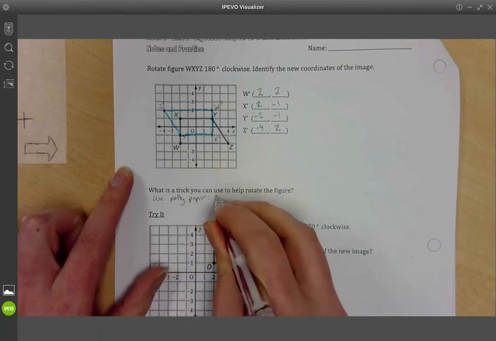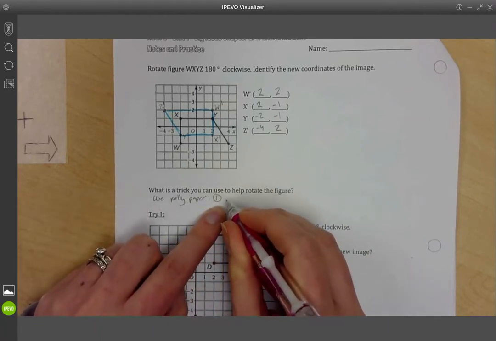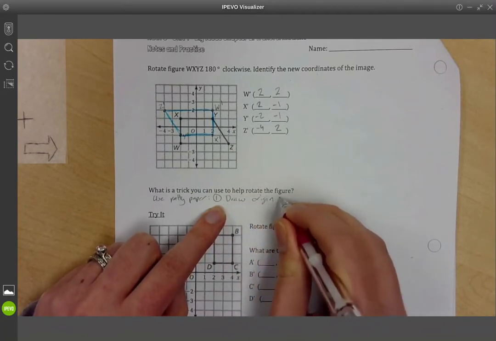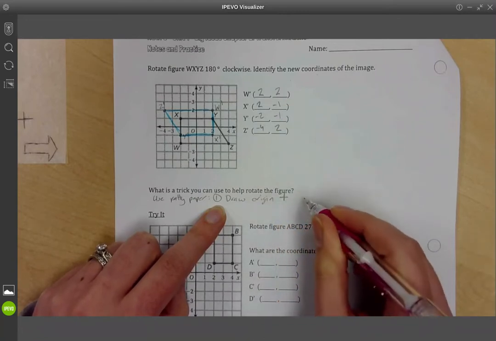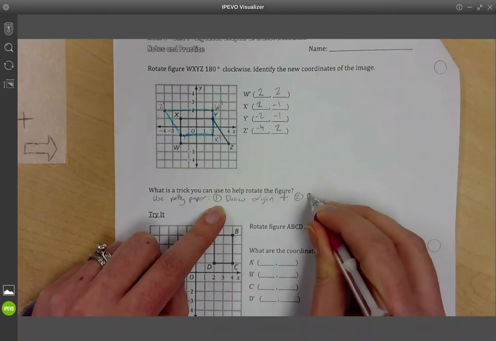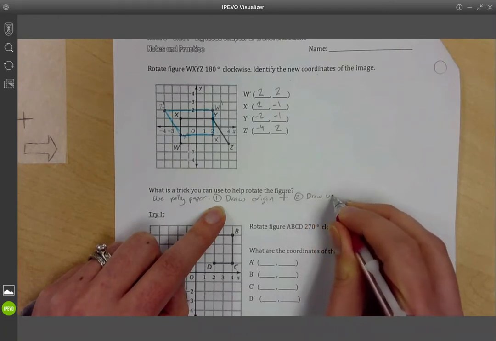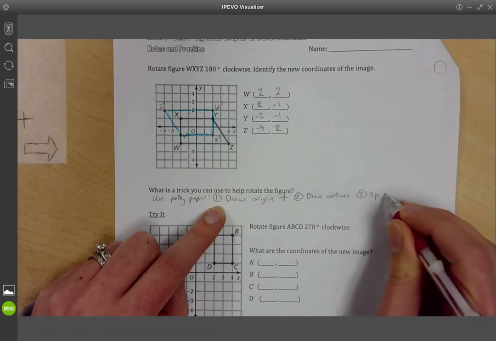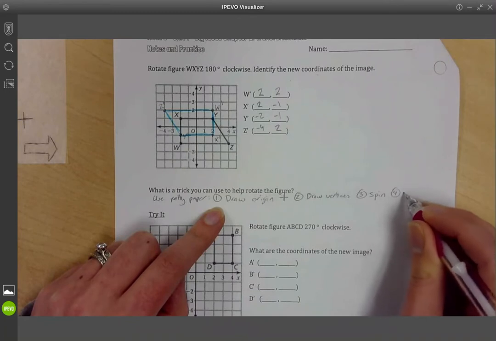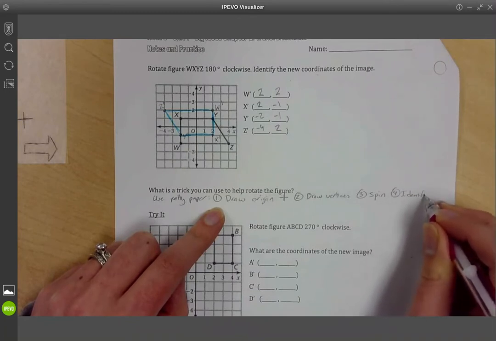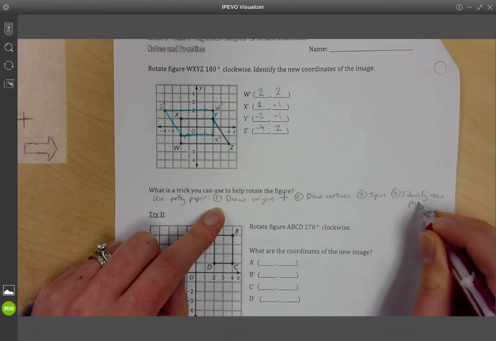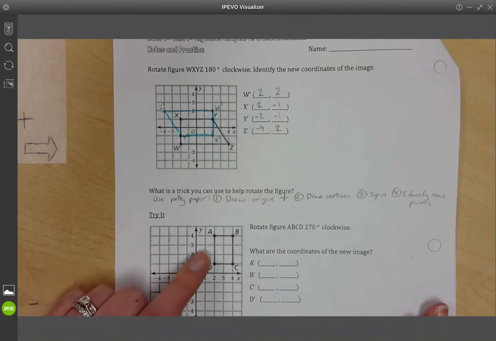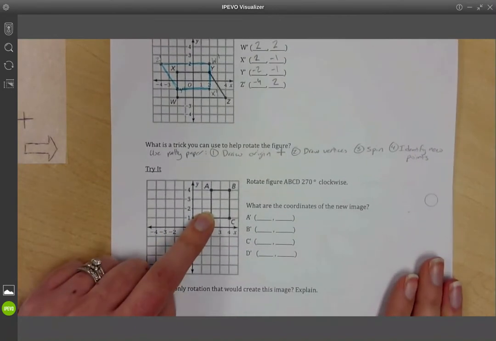And when we use the patty paper, I always like to do step 1 as draw the origin, sort of a crosshairs. And then step 2, draw the corners, the vertices. And then step 3, spin it however you need to spin it and identify your new coordinates, your new points. Okay, there's another trick we could use, and I will show you on the one down here